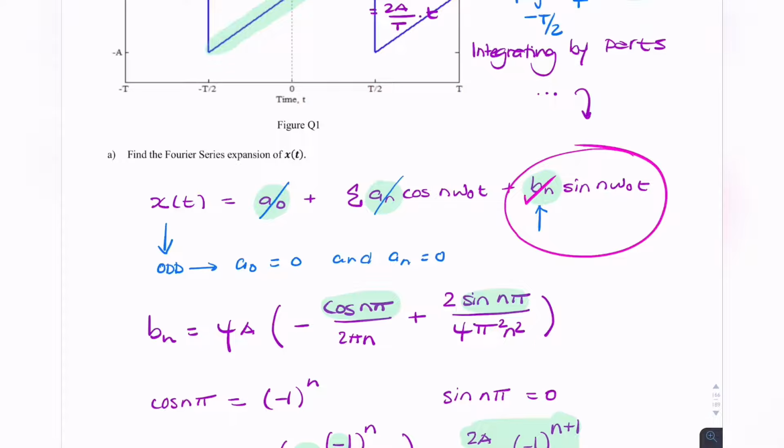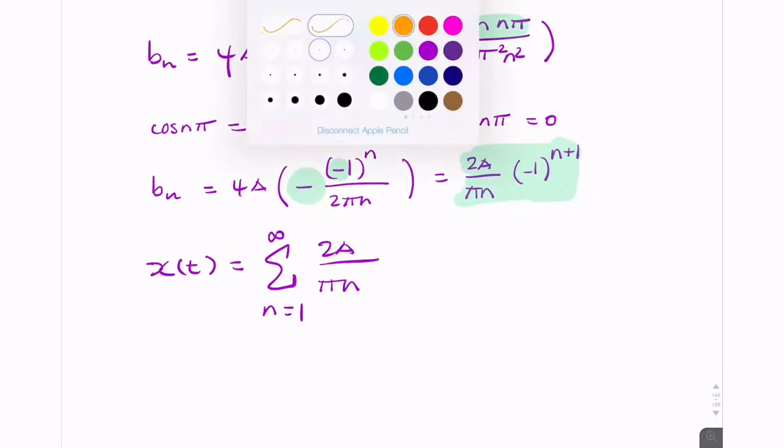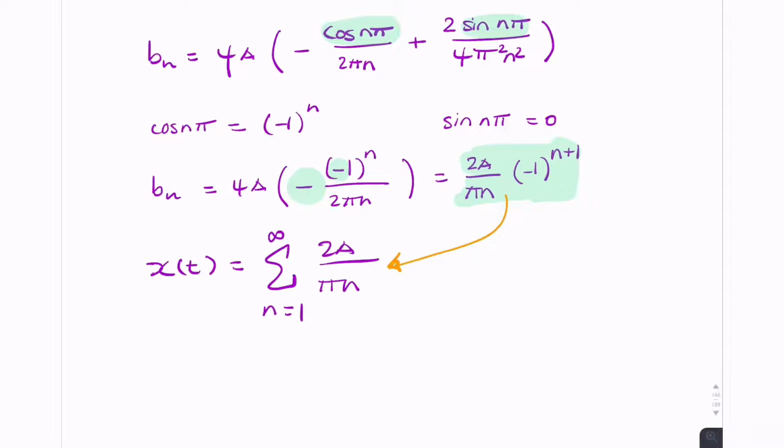So now I can write my final answer, x of t equals the summation from n equals 1 to infinity of 2a over pi n, minus 1 to the power n plus 1. This is your bn, multiplied